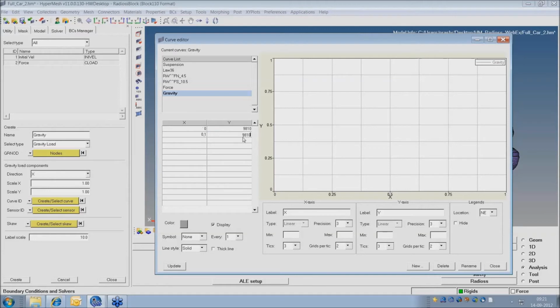If I continue my analysis further, for 200 or 300 millisecond, and the values are not there, then the solver will extrapolate the value depending on the slope you are seeing here. Here there is no slope, it is just a constant function. So even if I continue my run, for the next time also the value will be 9810.